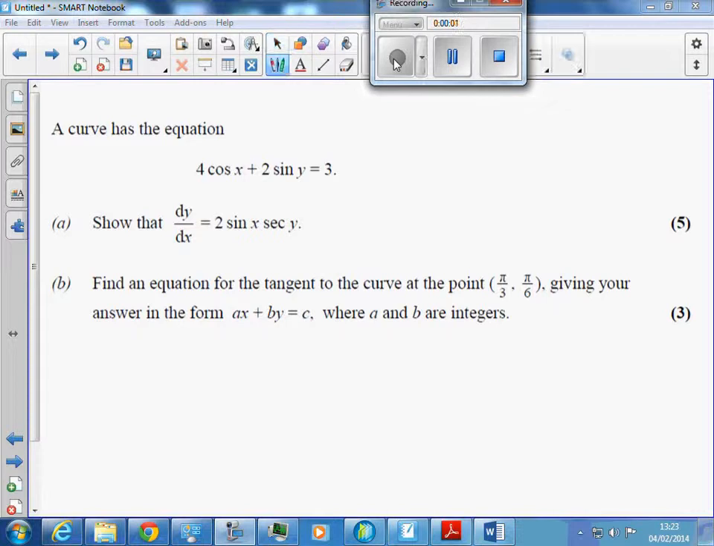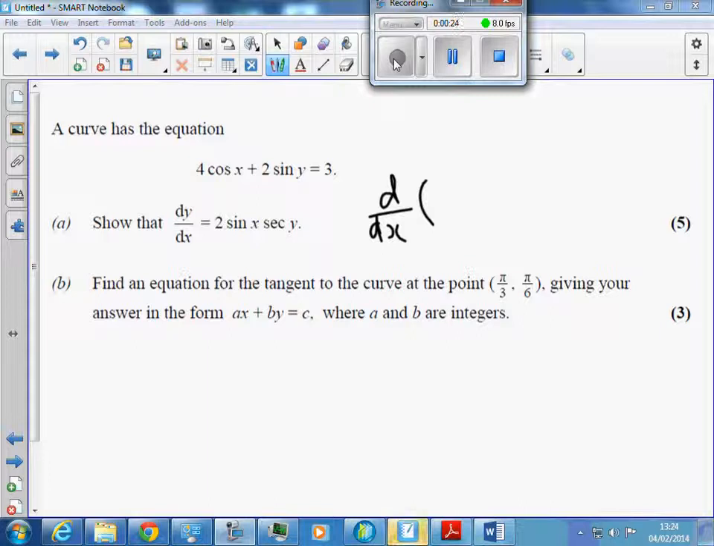We are asked to find dy by dx. So before we do that, I'd like you to pause the video, have a go, and then we're going to go through this. So the first thing we do is we find d by dx of both sides. So we're looking for d by dx